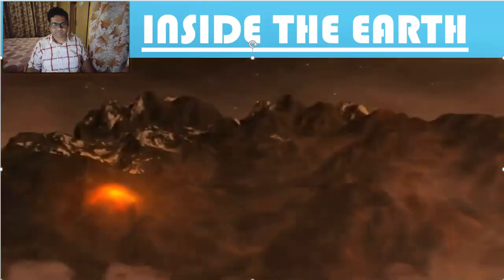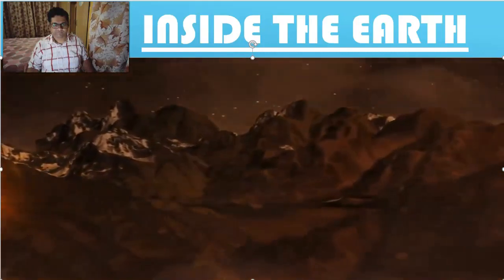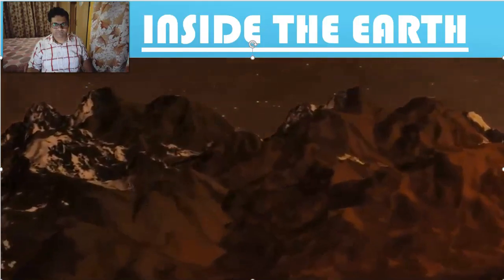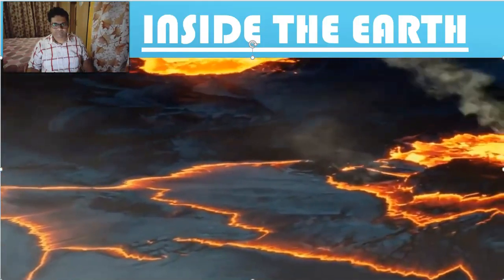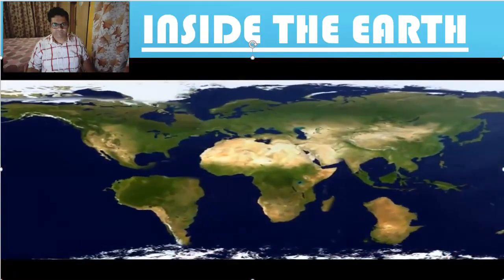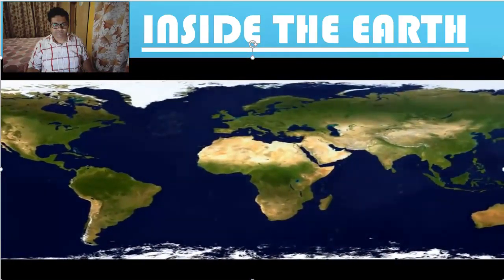The crust is the outermost layer of the Earth. It consists of various landforms like mountains, plateaus, volcanoes, etc. The crust also consists of numerous rock plates. The shifting of these plates resulted in the formation of continents.